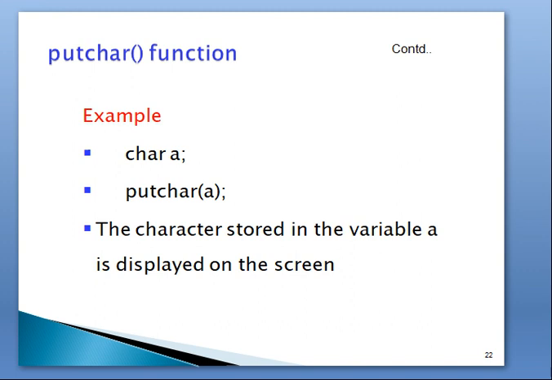For example, if you declared character b and stored x in b, b is equal to x, you assigned the character x. If you wrote the function putchar of b, then it prints the x on the screen.